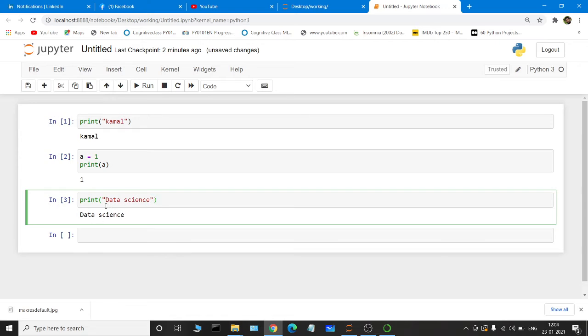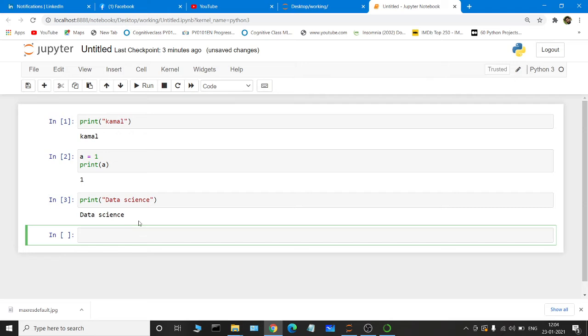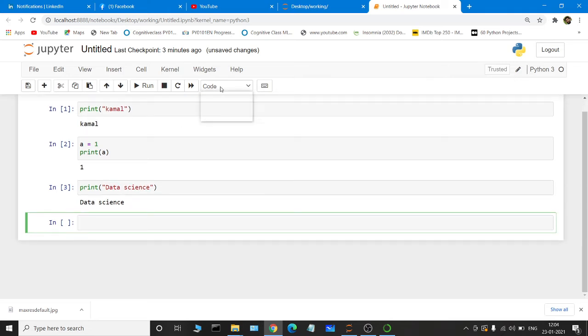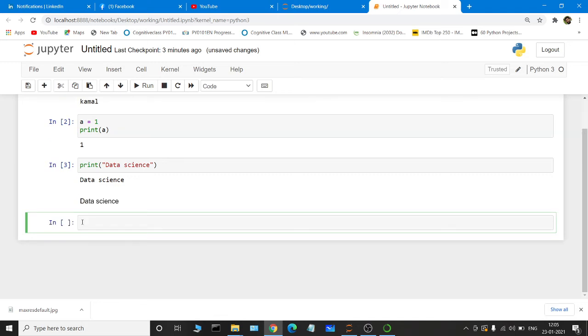But if you want to make some headings for the topic, so make it markdown. If you put the option in markdown, suppose I want to make data science a heading for my Jupyter notebook. If you execute that, see, it is becoming a heading, but it is not so effective.